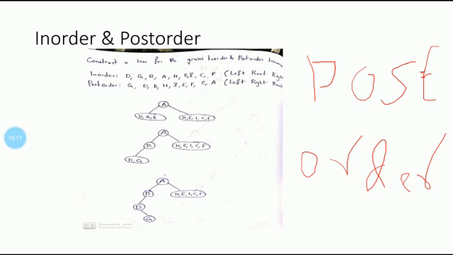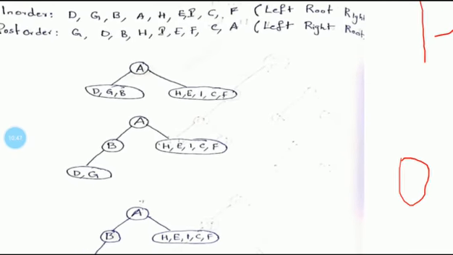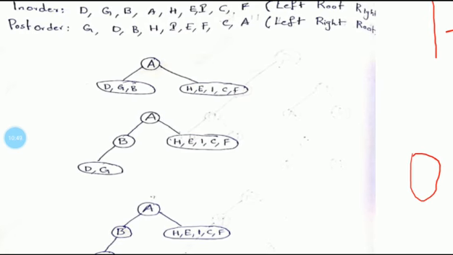post order sequence. Post order sequence notation is left, right, root. So the last element is considered as the root node. So here in this particular problem, A becomes the root node. But with respect to A, there must be a left part and right part. This information can be obtained by observing the in order sequence. To the left of A, DGB is there, but to the right of A, HEICF is available. So first we will explore the left part and then we will go to the right part.